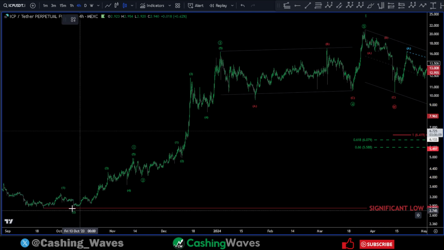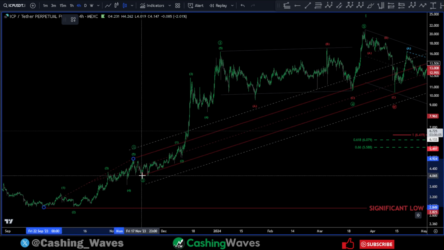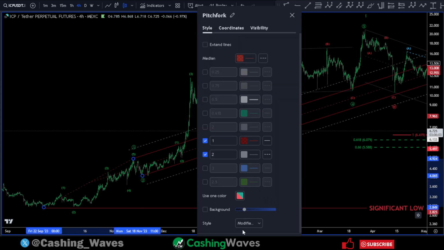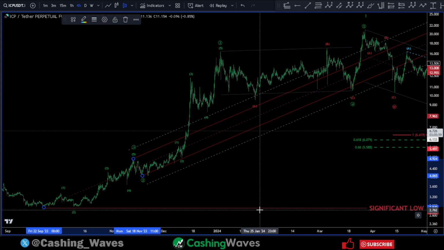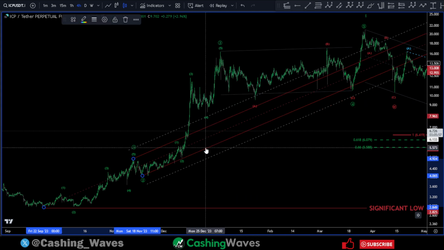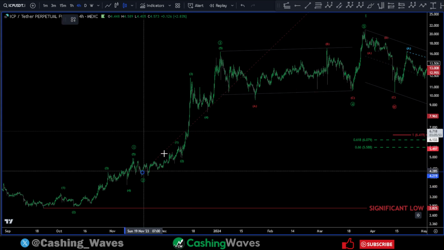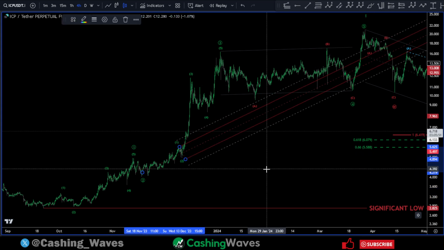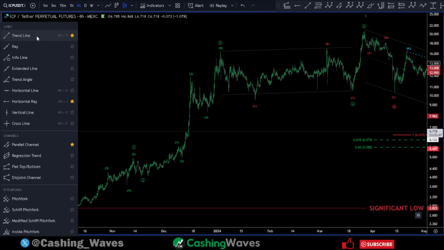Now where this got confusing is we pull off our wave 1 and 2. You can see none of our pitchforks are really working, right? It just got too extended. You'd have to do this wave by wave, which is kind of what I did. And even still, you just get really extended waves, right? But if you go back to the basics,